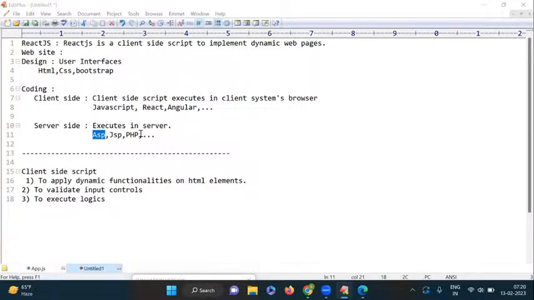So that's why the performance of client-side script is much faster than server-side script. You got it. And due to that reason, most of the logics in web applications we are implementing with client-side scripts only. Is it clear? And next one,